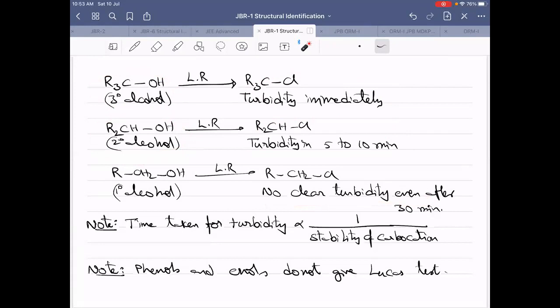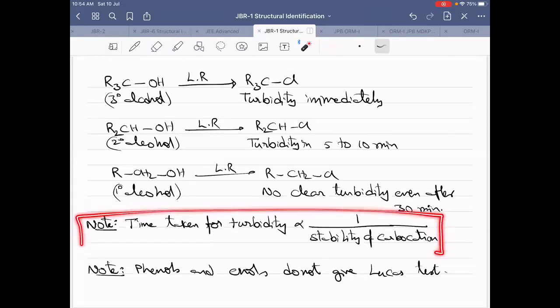If more than 30 minutes time is taken in formation of turbidity, then it is primary alcohol. Okay. Yes, based on that only we will identify, Srinayan, that either they will give the time so that you have to recognize what degree alcohol it is, or they will give degree of alcohol that you have to recognize the time. Any one information has to be given so that the other point can be asked as a question. Okay, so that is what there is a point here.